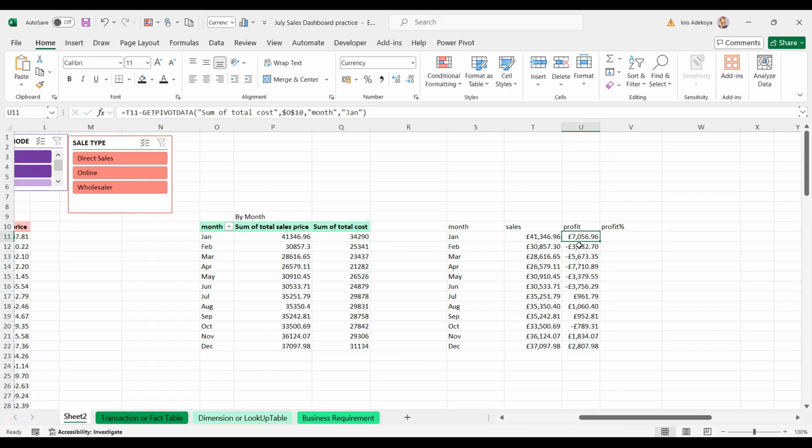Let's see what is happening. I think it should not give me negative value. This is profit minus this. Okay, in that case, let me use